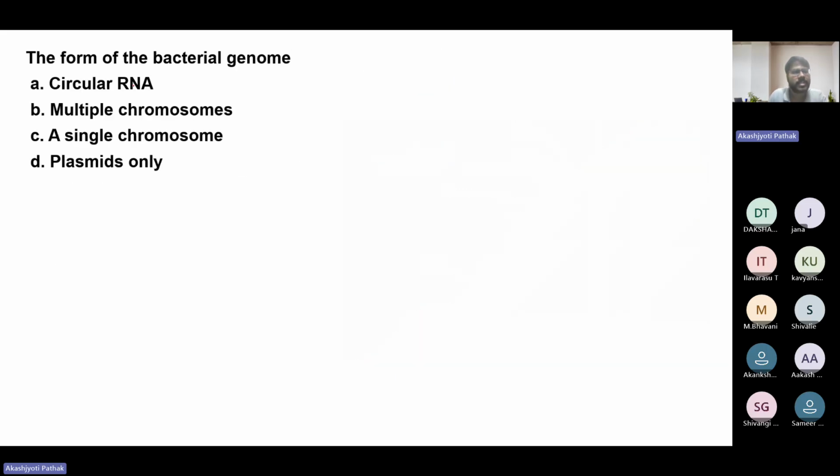Now answer this question. What is the form of the bacterial genome? Is it a circular RNA, or multiple chromosomes, a single chromosome, or plasmid only? Just now we discussed the bacterial genome. So who can answer this? Which will be the correct option for this question? A circular